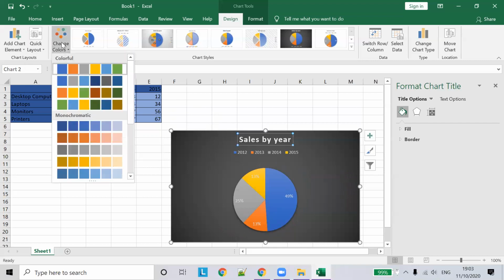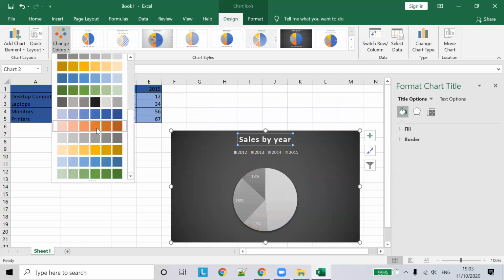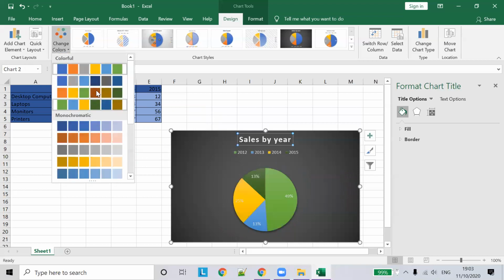Okay, and then we'll talk about color representation for each data. So now we can choose a different combination of colors. If you see here, there are different color panels, and you can opt to choose any combination of colors.